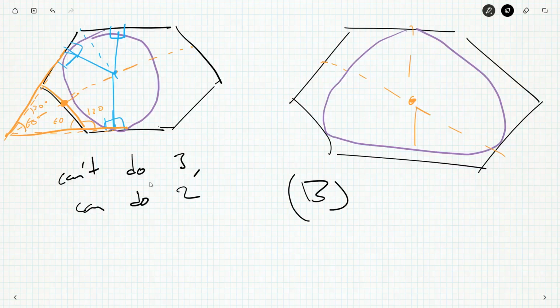So the answer is B, and I'm annoyed. I think this is a bad question. I'd love it if somebody had a faster way to do it, like a faster actual mathematical way to do it. Because